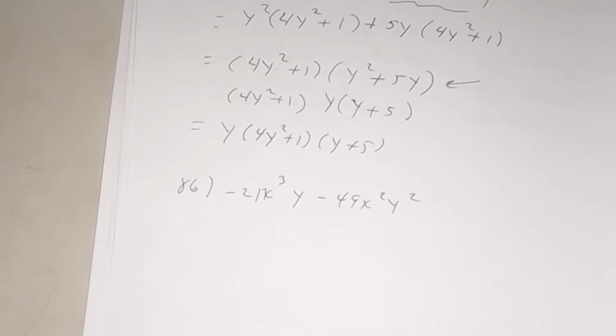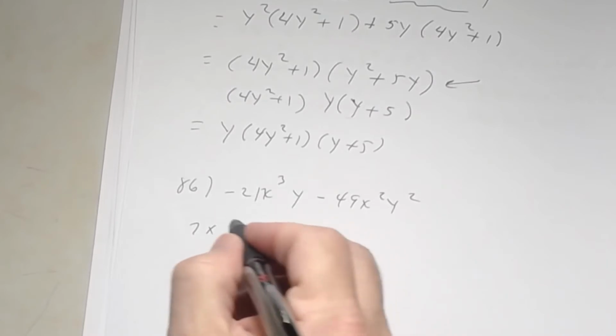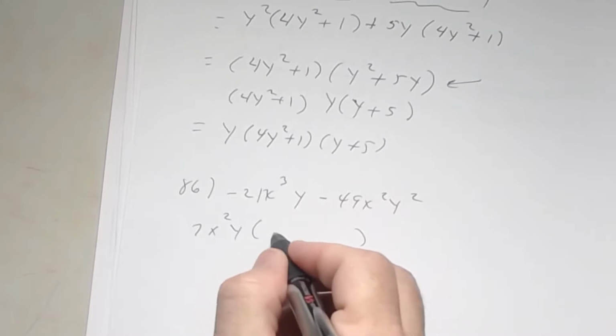Now, you gotta see that x squared part. And y squared at the end, right? Yes. Okay. So you can write it as 7x squared y, or you could have written it as negative 7x squared y, because both of those are what? Negative. It does not matter. I would have taken out the negative because both of them are negative. So 7x squared y times what? Negative